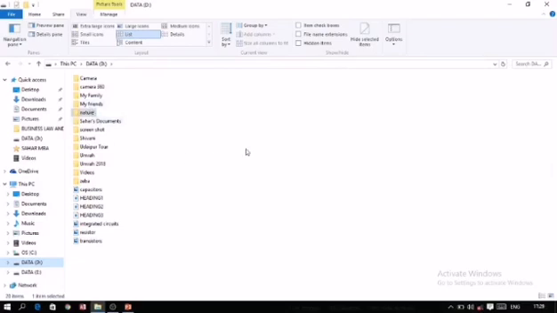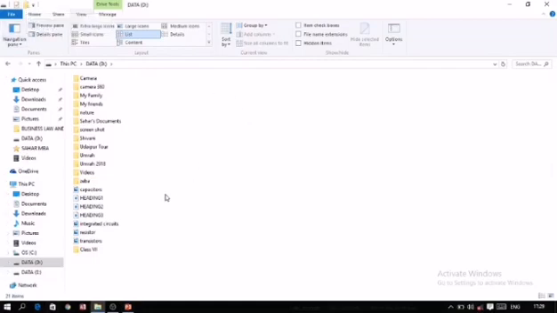Now I want to create a new folder for our class. So for this purpose, what steps do I have to follow? Here you may have noticed that there is a New folder button towards the top left corner. As I click on it, the new folder is displayed on the screen. By default, the name of this folder is New folder. If you want to change the name, you just have to select it and type a new name. Like I want to give it the name class 7. So now the new folder is created. So the first method is to just click on the New folder button.